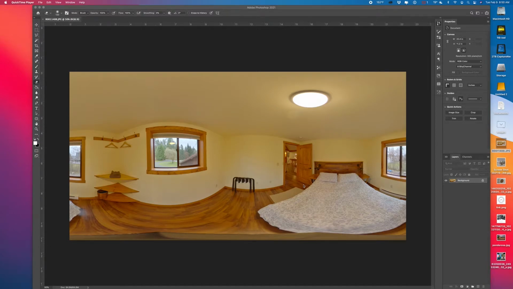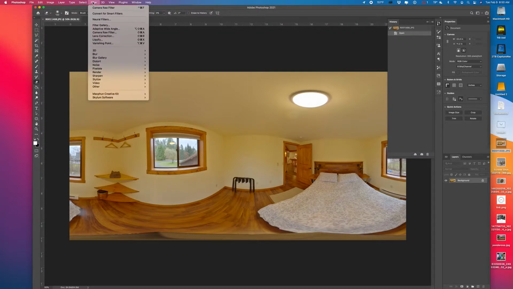Alright, good morning. I'm going to do a quick little once over to show you how to do some color correction inside of Adobe Photoshop using the Camera Raw filter. So I have my 360 open that's already been stitched. So if I come up to Filter and Camera Raw,